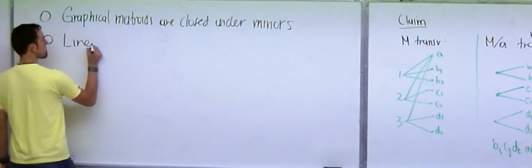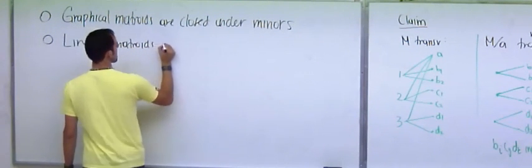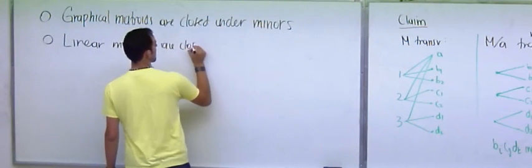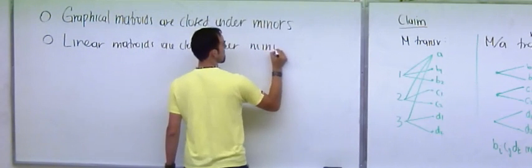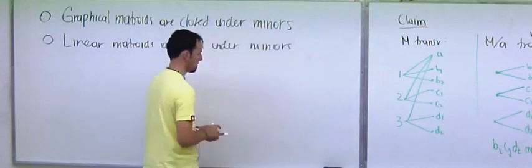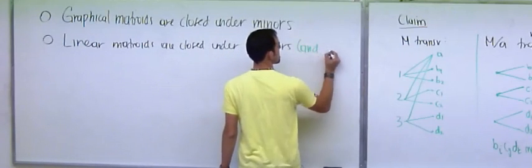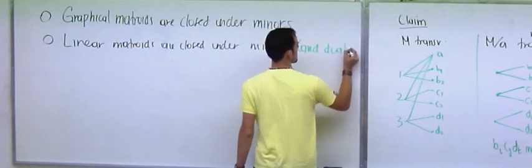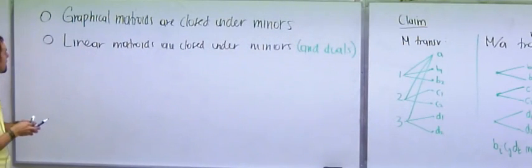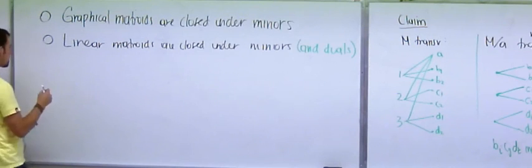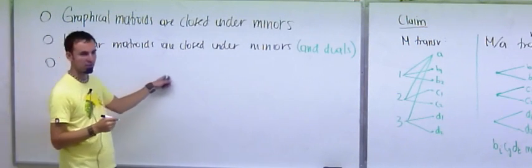Linear matroids are closed under minors. And in fact, we showed that they are also closed under duals. The dual of a linear matroid is linear. And we would have liked to put a third entry here that said transversal matroids are something, but